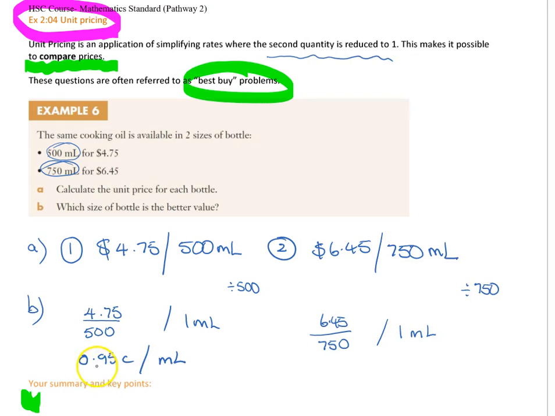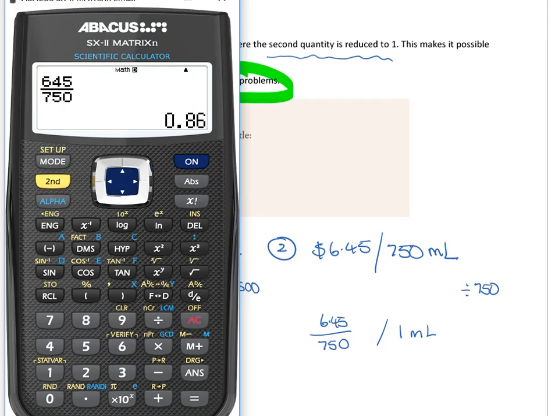And we write that as 0.95 cents. That's less than a cent per mil. I'll go through the same process then for bottle 2. And when you do this calculation, and again you can see on the calculator I've converted the dollars to cents, you get 0.86